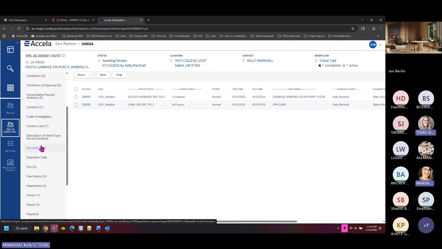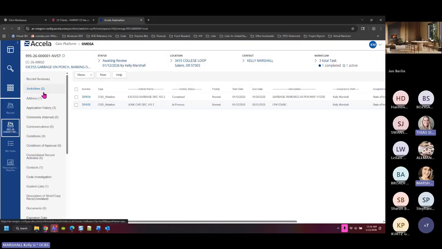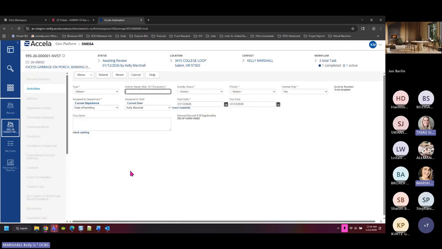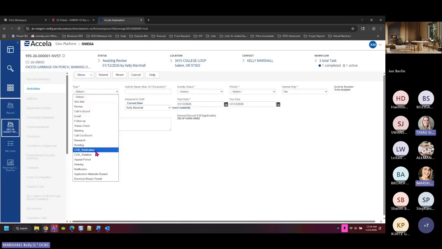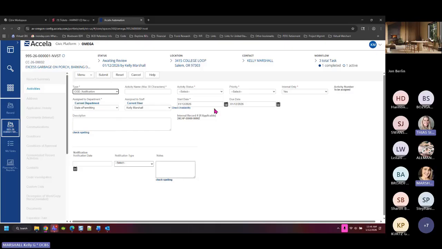document or scan electronic. However, one last type of activity. When you do issue those things that are generated outside of Acela, our suggestion is minimally, you come in and you add an activity. This time it's the code notification activity, not the violation. And these notification types are customizable. If you issued a citation today,